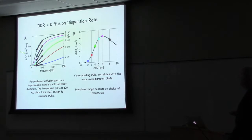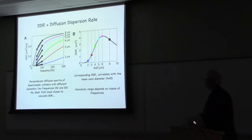Well, it's not quite that simple because these curves do curve over, but if we measured, say, at 50 hertz and 100 hertz, these are relatively low, easily achievable frequencies. We just make that measurement of two points, and we plot the slope against the size of the cylinder. Then you can see there's a monotonic relationship until we get to about 8 microns, after which it begins to curve over. But over this regime, the two-point measurement should be a pretty good estimate of the diameter of the